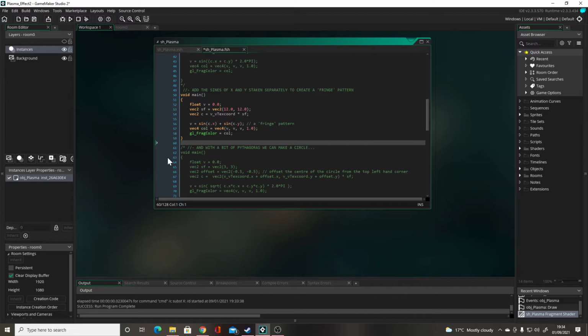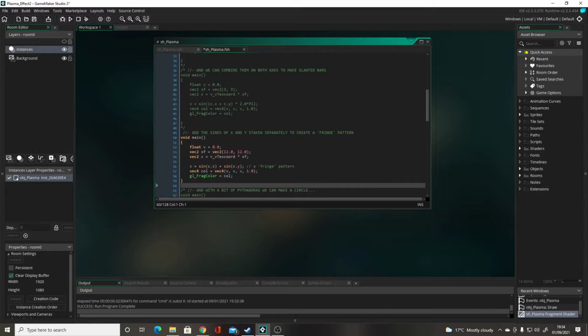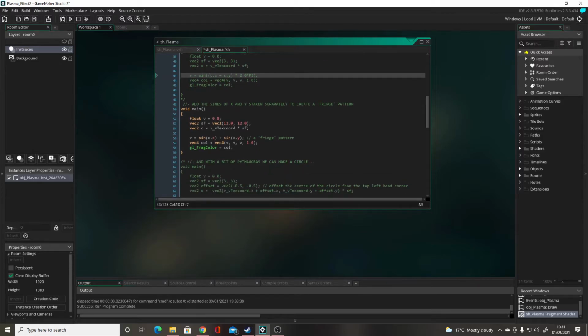Or we can add the sines of X and Y separately to create a kind of fringe pattern. Here you can see we're taking sine of X and Y separately as compared to that previous function that made the slanted bars, where X and Y were together within the same sine function. In this case we get this fringe pattern,